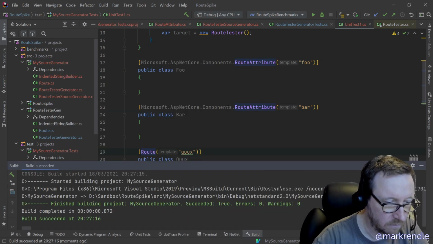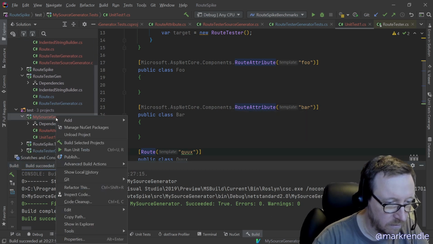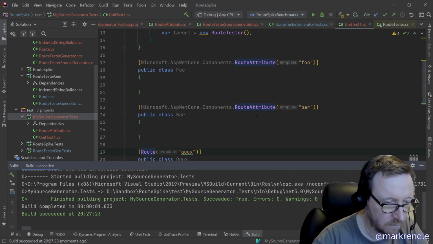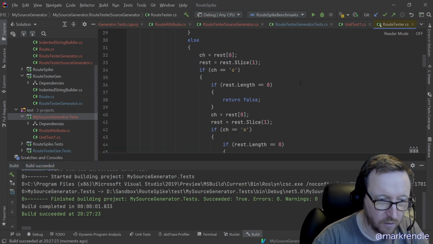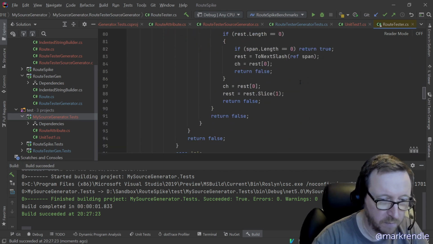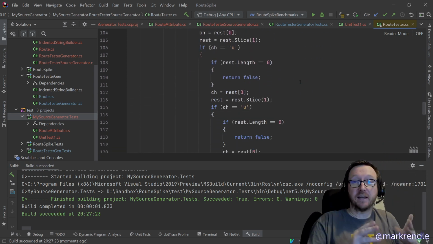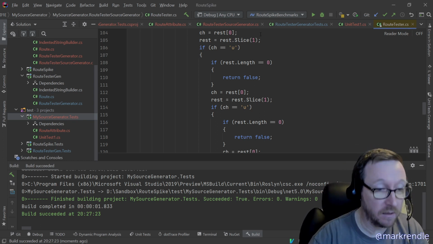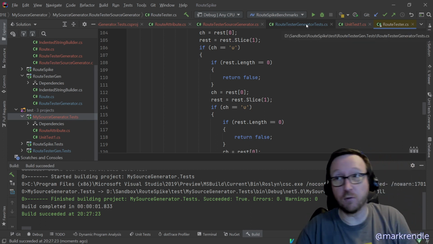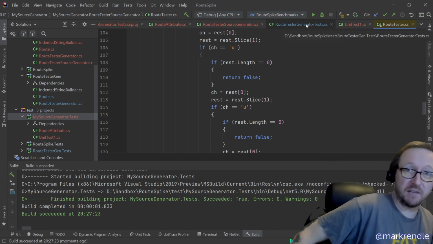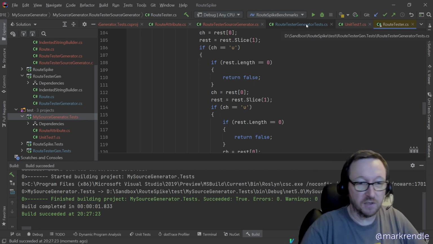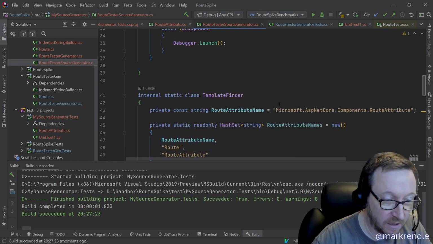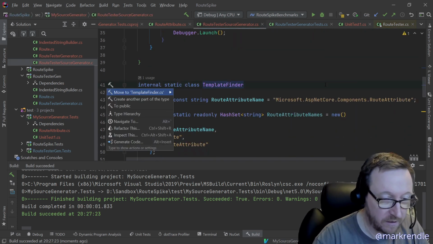Build that, and then build this, and then jump back over to here, F, B, Q. So now it's matching root as well, which is good. We want that. But there might be other roots in there. There might be like MVC roots in there that we don't want to match. There could be just random, somebody could have created their own root stuff in there. So what we can do then